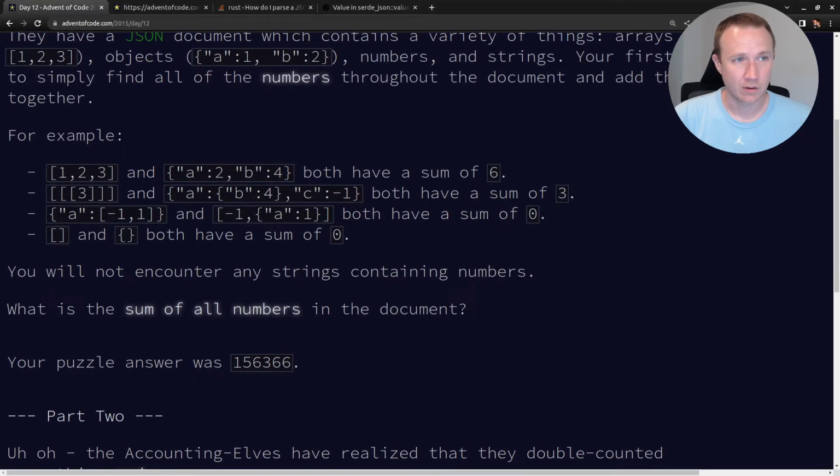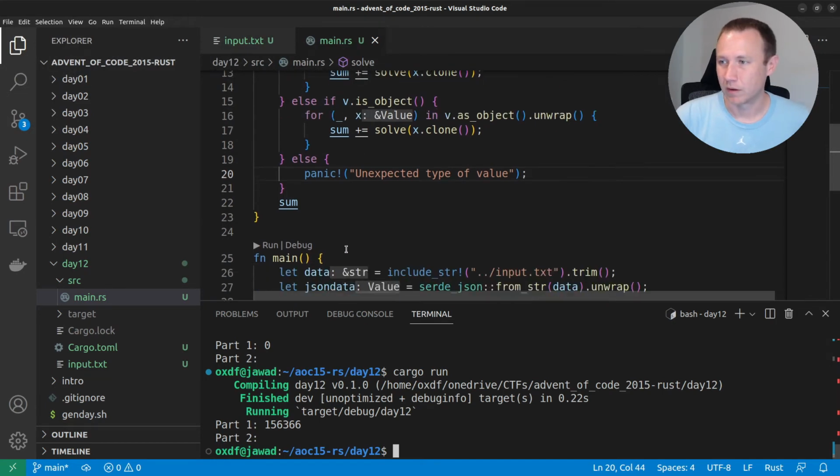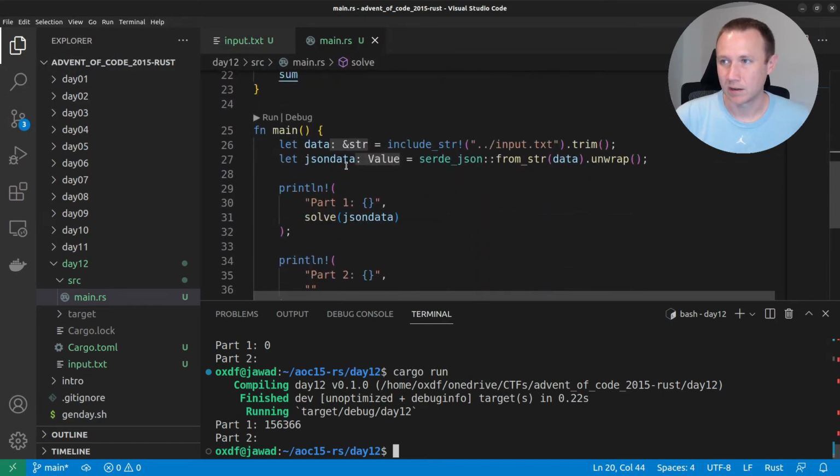1563366. That looks right. So we may have just solved part one. Sweet. Yeah, we did. So just to recap, we're taking our JSON and we're passing it into this